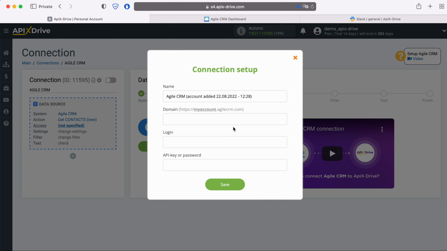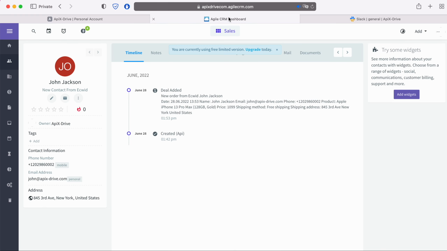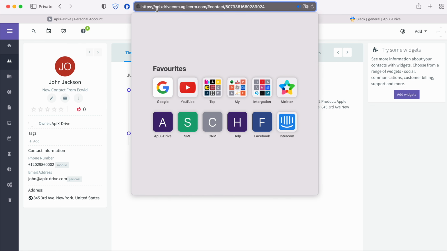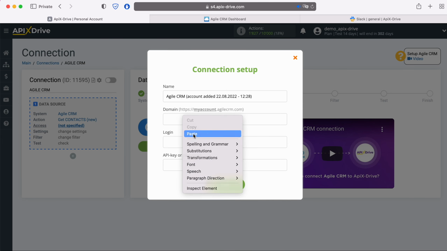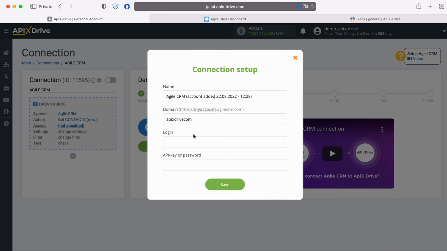In this window, you must specify the domain, login and API key. To get this data, go to your personal Agile CRM account. We copy the domain from the address bar, without additional characters. Next, specify the Agile CRM user login. Now you need to specify the API key. In order to get it,